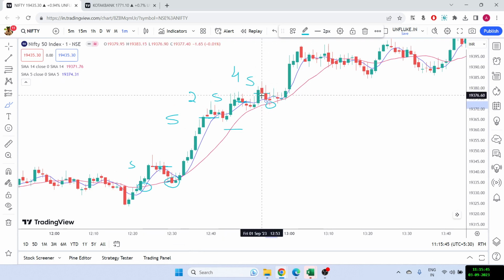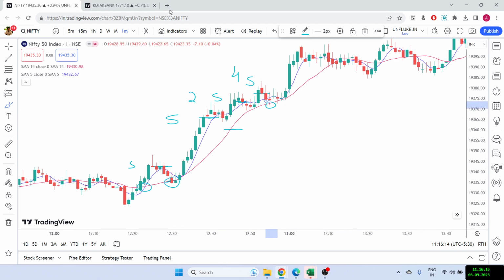And you will notice, since the quantity of the third trade was the highest, this profit will take care of all the small losses. So the second trade would have exited at almost break even. The first trade would have been in a loss, but the fourth trade's profit would take care of your first trade loss, because the quantity is more. Okay, so that is how we can use martingale and use a mean reversion strategy, but still ensure that we